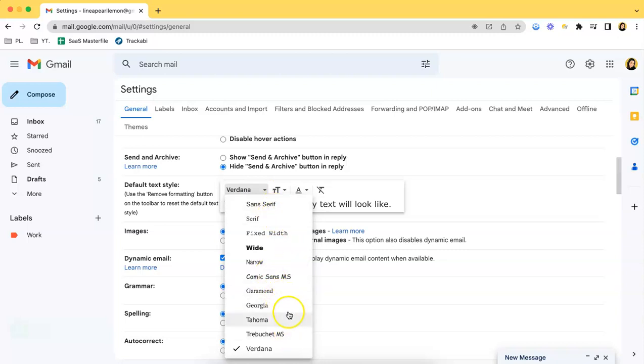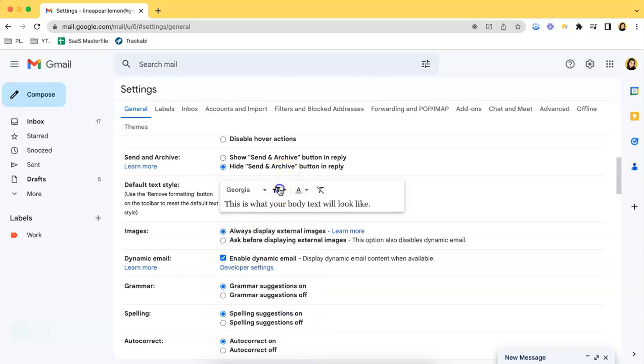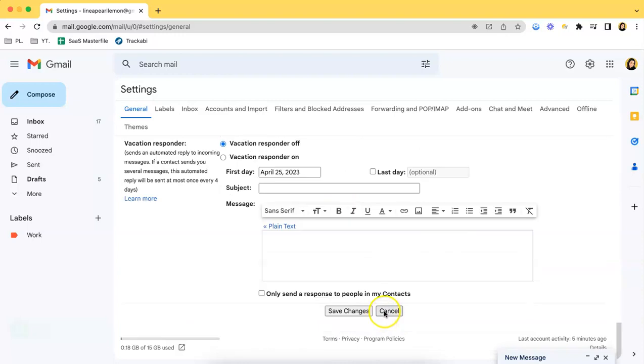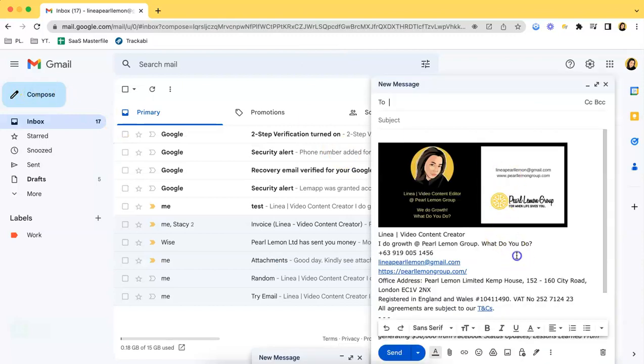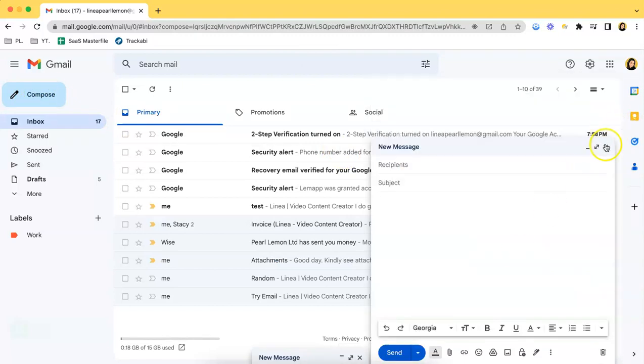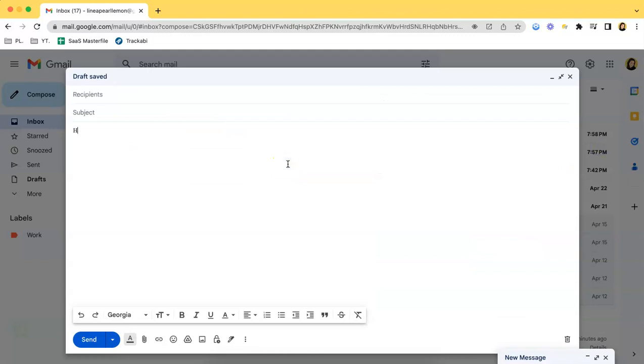So let's just use this one, and let's try the normal one. And as you can see, this is the current text style. So let's click save and try to create another message. So let's click compose, like that, maximize, and as you can see, it has been changed to another style,